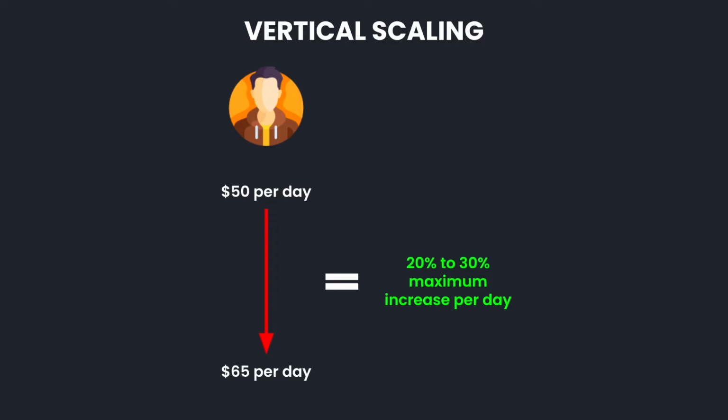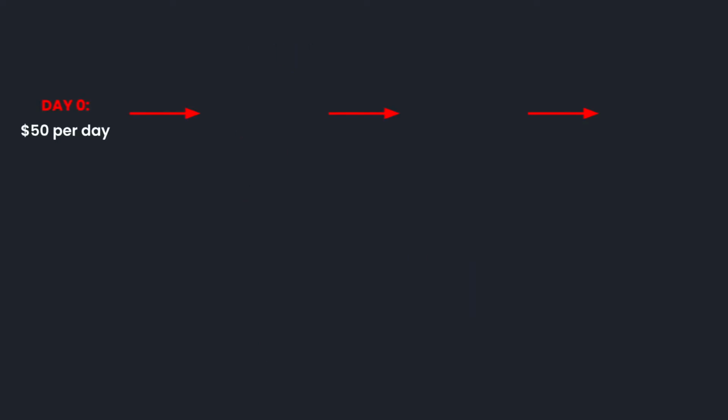Maybe you'll be thinking right now, okay, well, Victor, but that takes ages. Let's take a look at an example for you to see how quickly you can ramp up budgets by using these incremental increases. So Alex starts out with a $50 budget and scales it by 20% to $60 per day on day 1. On day 3, performance stayed the same, so he again scales his daily budget from $60 to $75. On day 5, performance still looks good, so he again increases the budget to $90. He continues to do so until he sees a plateau in performance after day 18 and finally at a budget of $230.